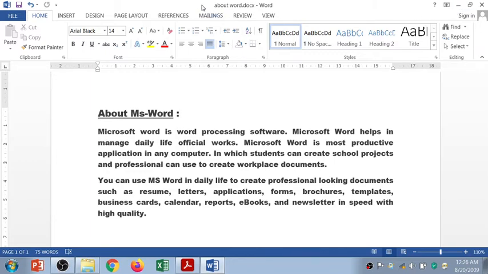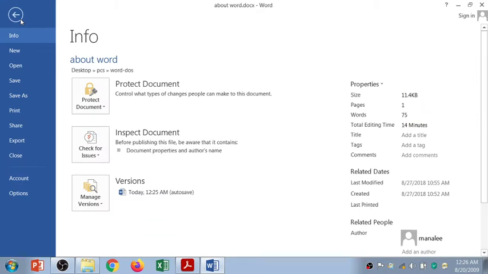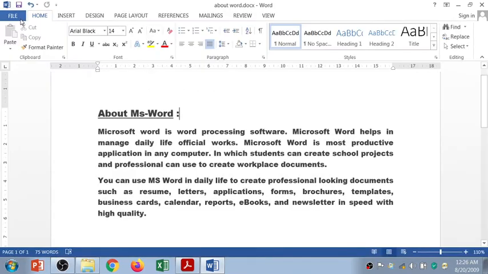The second bar after the title bar is the menu bar. Let's see how many menus are available in Word. The file, home, insert, design, page layout, references, mailings, review and view. In the file menu, all the options are related to the file: to open a new file, to save a file, to print the file,